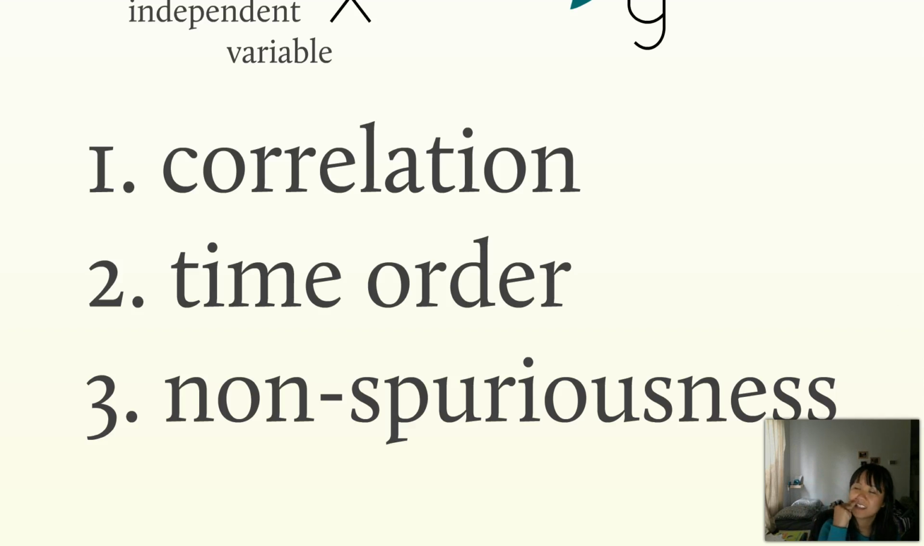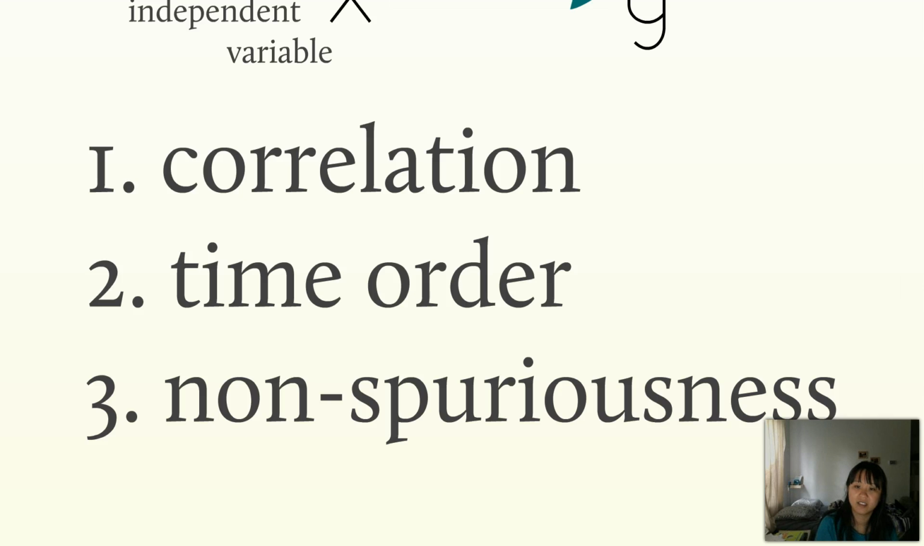When I was memorizing them in grad school, we used the acronym ATN. A refers to association or correlation. Is there a relationship to begin with? Two is time. T is time order. Does one precede the other? In order for something to cause a change in something else, it has to come first, right? And then finally,